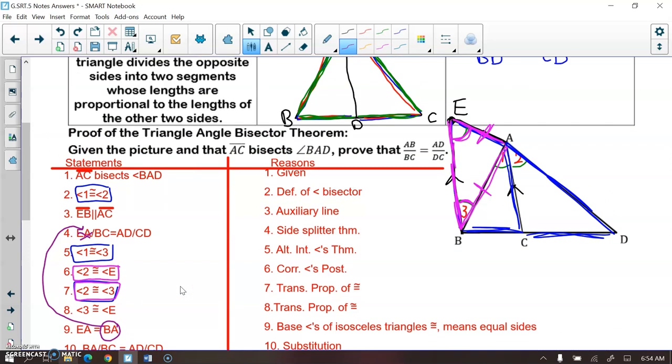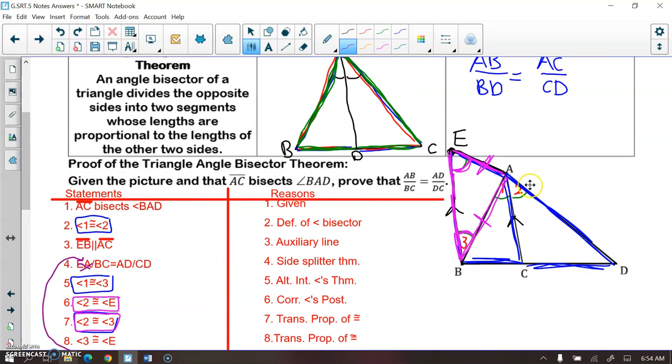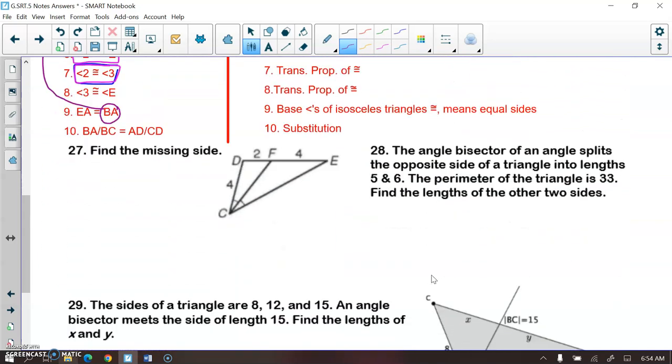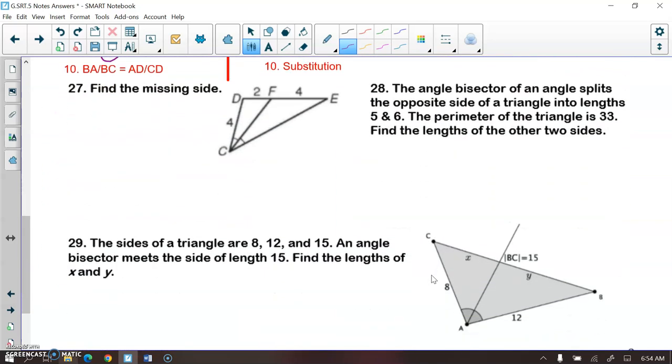It's a tough proof to do, but it all stems off of these auxiliary lines. All right, so number 27, we are going to find the missing side. So I'm going to label this side over here that's missing X. And we have an angle bisector, so we can use the triangle angle bisector theorem, which states if I do